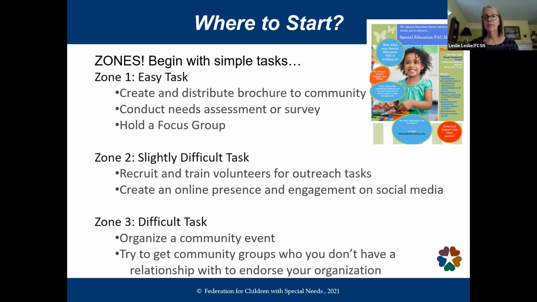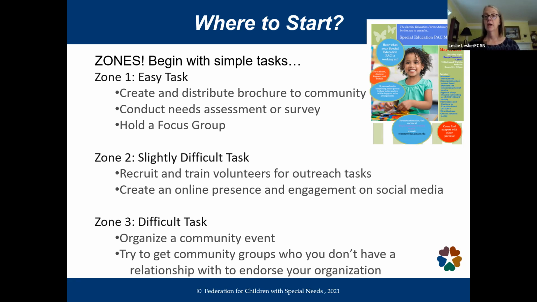A little bit more of a difficult task is to formally recruit and train volunteers for the different tasks, because everyone's very, very busy, and it's really hard to get someone to sign up for another project to do. But it's got to be something that's valuable for them. So if you bring them together, explain what you need, set some parameters around their work, I think you can get some people to volunteer and help out with tasks. And I think part of that is